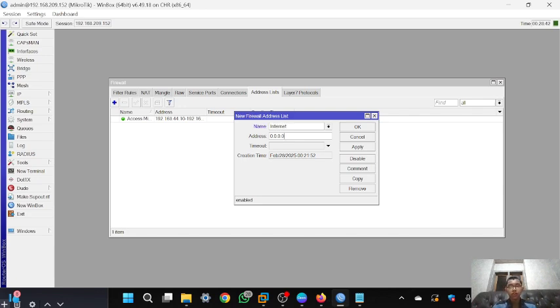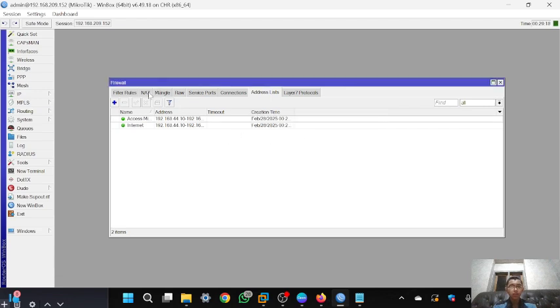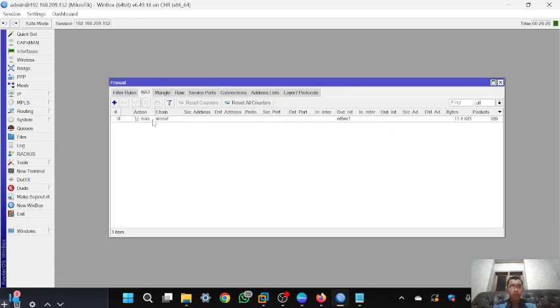You can type anything in the name, whatever you want, and the IP is the IP from VPC1 until VPC4. Oh yeah, if you want to type "until", you can just type minus, and you can click apply.